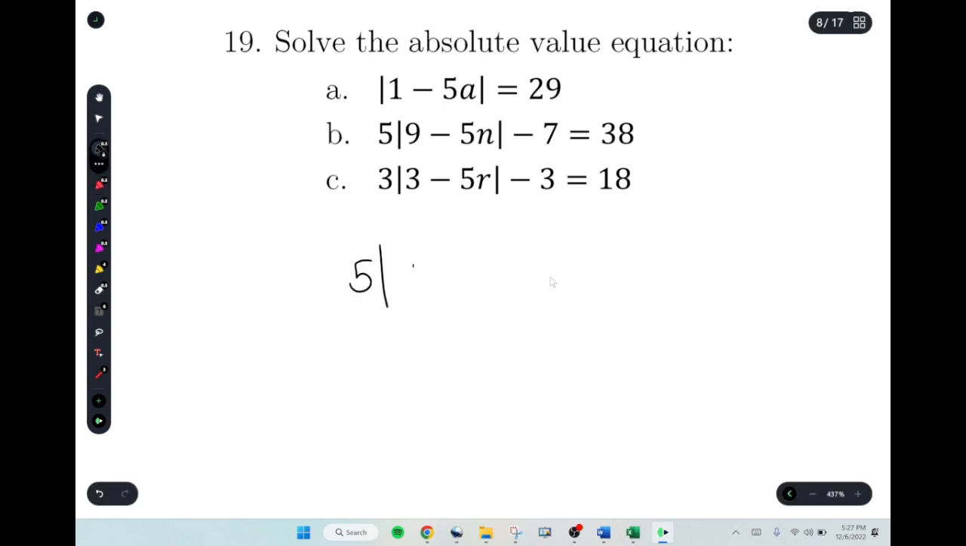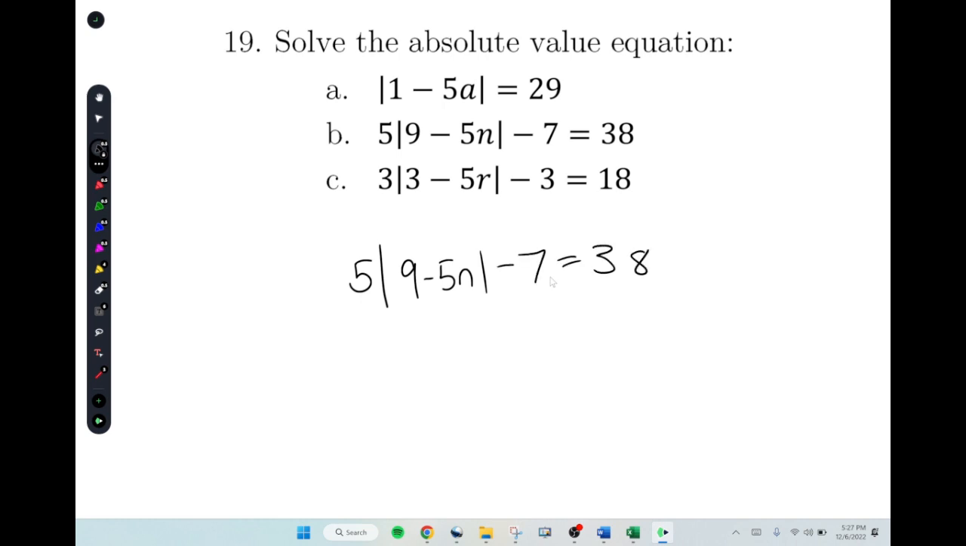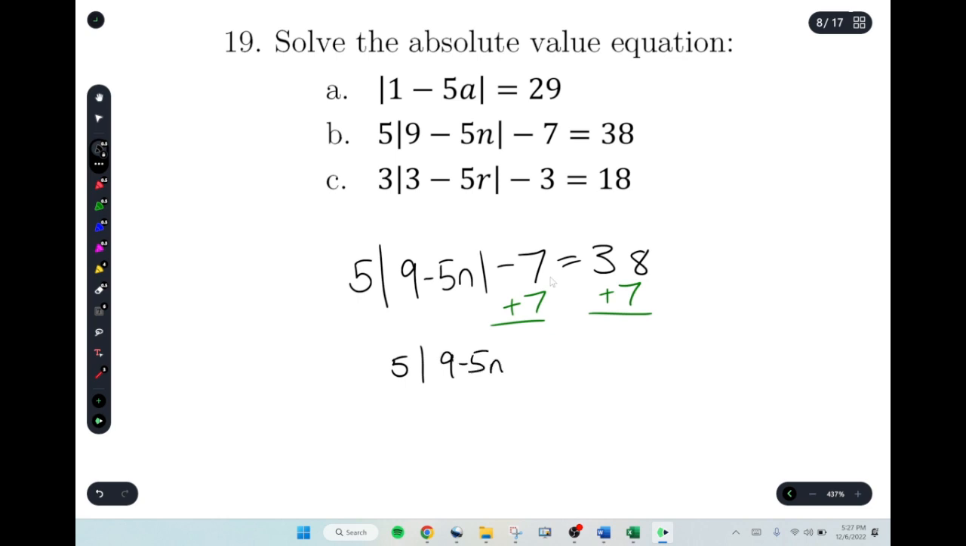5, big old absolute value sign, minus 7 equals 38. I think we should get the absolute value by itself. Don't you? Love it. Add 7. 5 absolute value equals 42... 45? Thank you. Ooh, look at that. That's nice of them. They did us a nice thing. Divide by 5. Divide by 5. You end up with